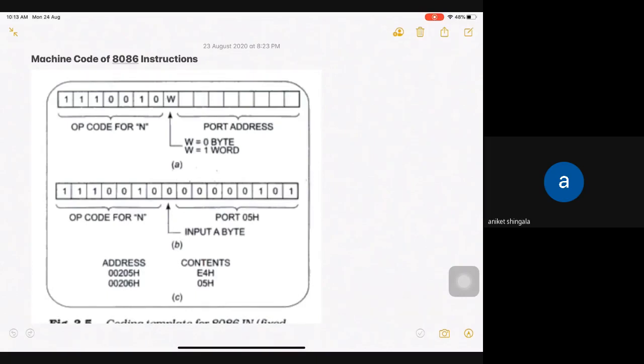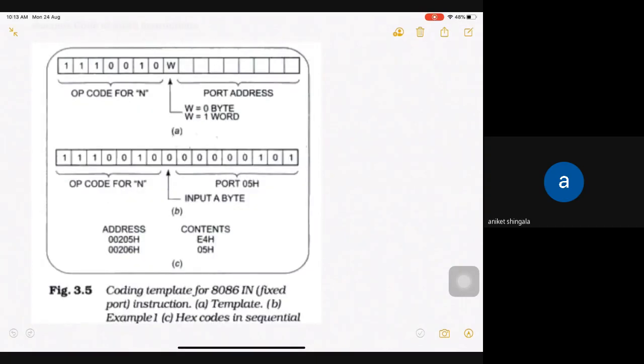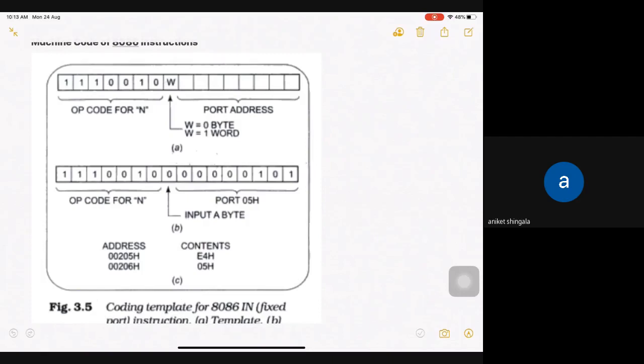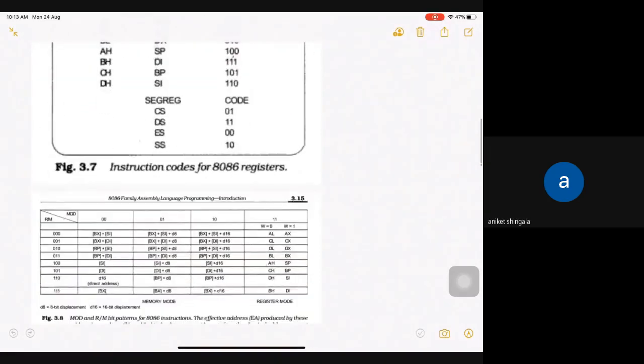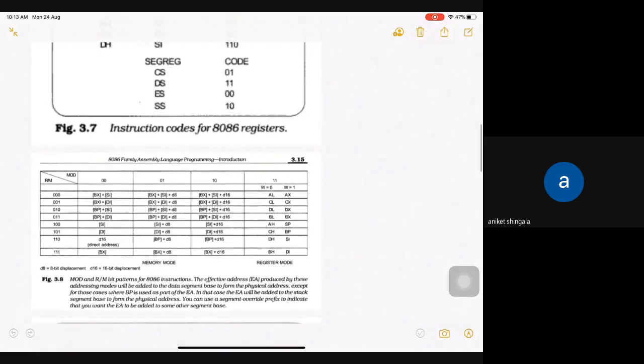And as we have discussed in our previous sessions, in 8086 all the instructions that you are using are not of the same length. Some instructions are 1 byte, some are 2 bytes, depending on the instruction. We have seen some of the addressing modes also. If you want to move something from one place to another, you have different ways available to do the same task.